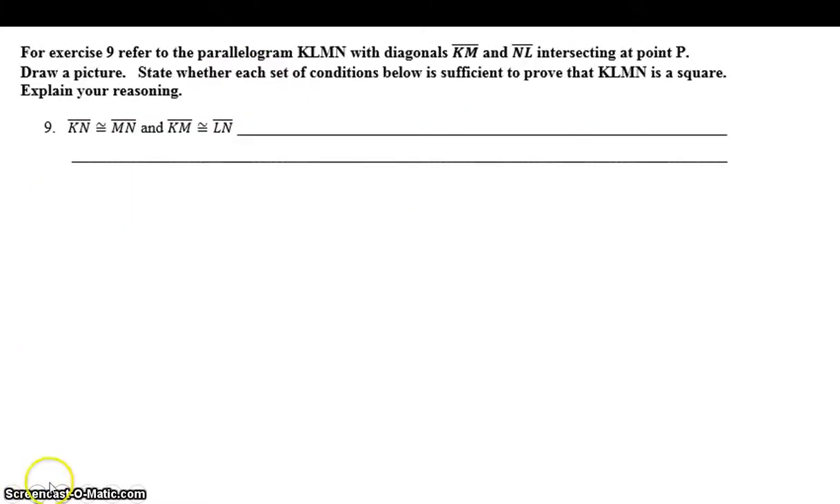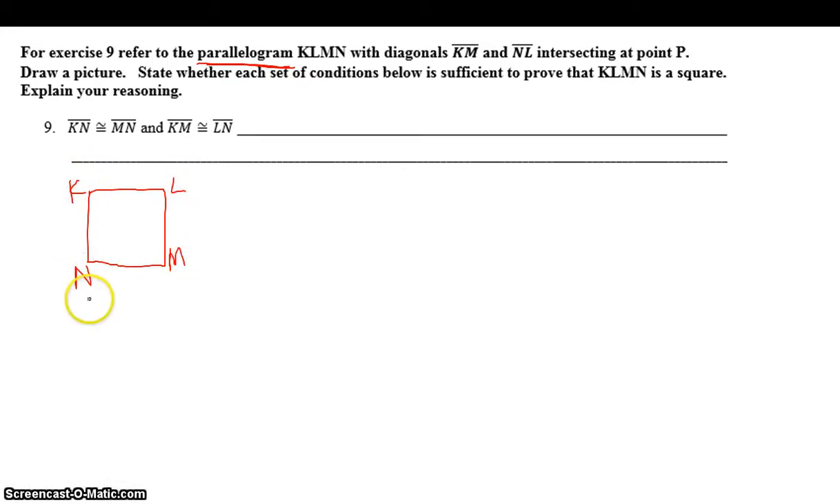And then on the last one, number 9, that we haven't gone over, because we had gone over 10 and 11 the other day, refer to parallelogram KLMN. So again, we know it's a parallelogram this time. It's not just any old quadrilateral, but it is a parallelogram with diagonals KM and NL intersecting at P. Draw a picture. This time we're trying to see if it's a square. And remember, for it to be a square, it has to have markings that tell you it's a rhombus and markings that tell you it's a rectangle. So then I'm going to draw my picture,